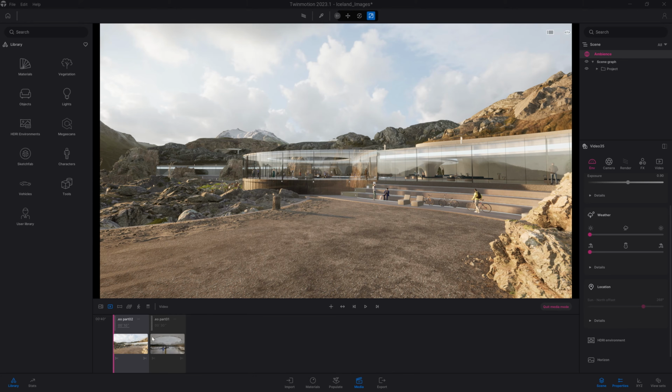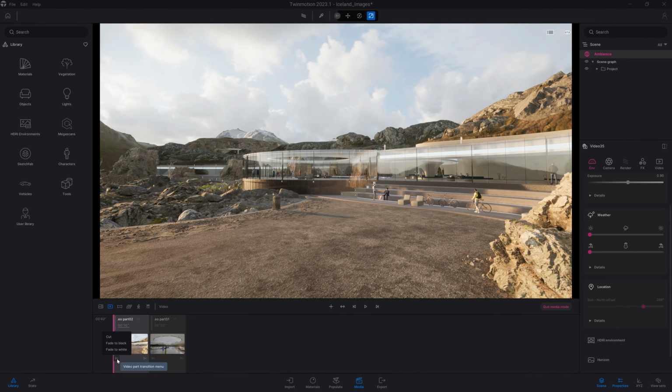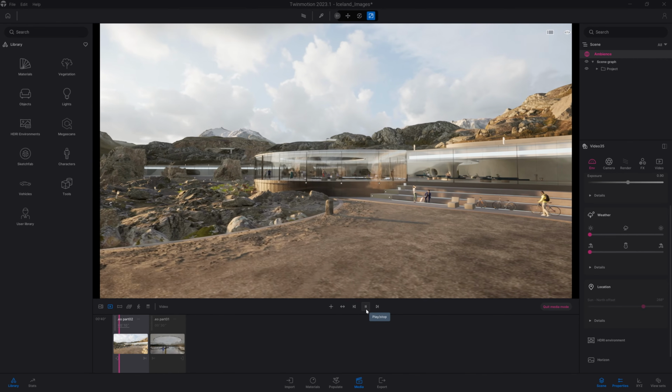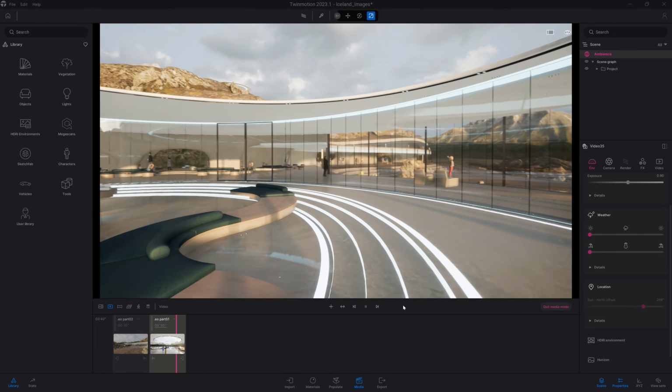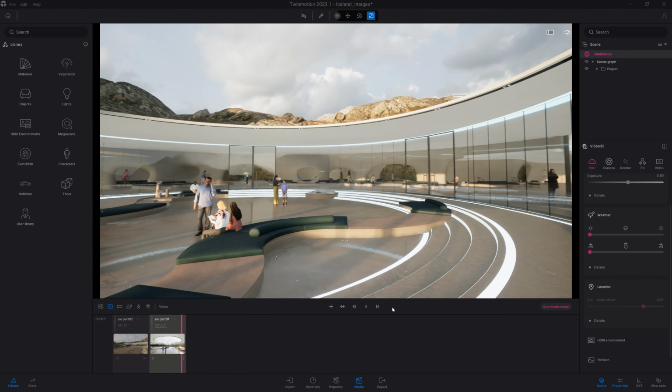In that mode, you can also change the transition. So here you can have a cut or you can have a fade to black. I like the cut in the middle, but let's maybe try a fade to black at the start and also at the end. So right now we are at the start of our clip, that's why we are fully black. I will click on play and now we have our nice fade. And if I move to the end of this clip here, I will leave it to play until the end, until we have again our fade to black.